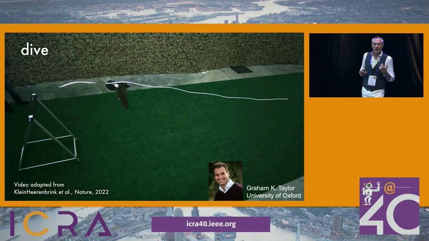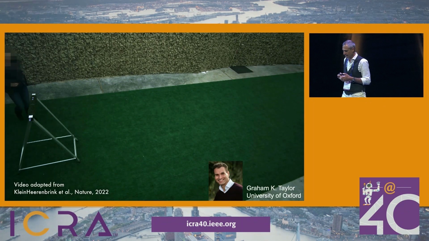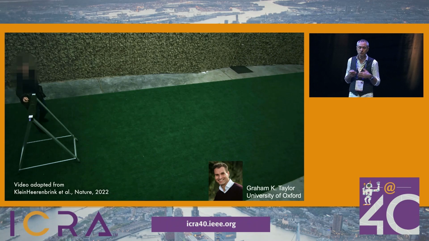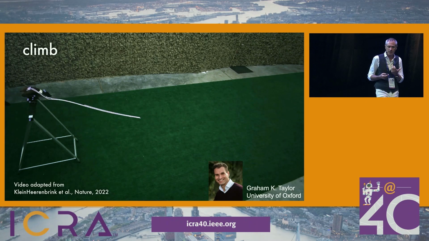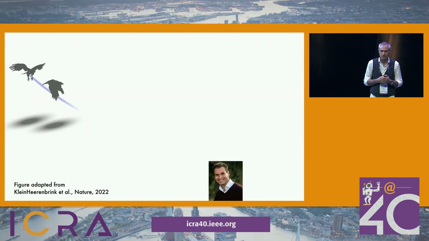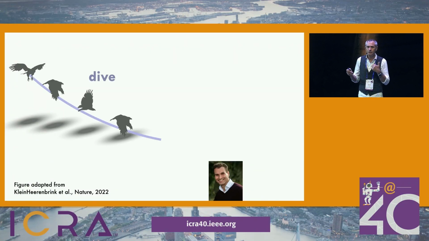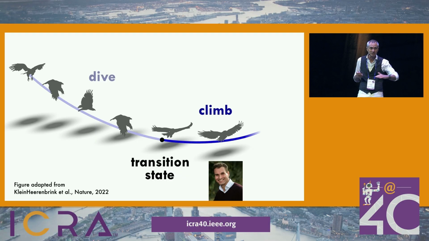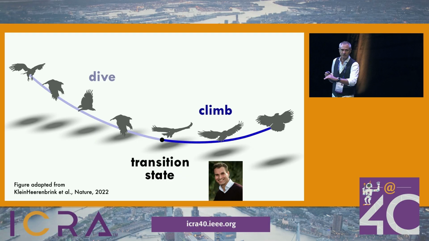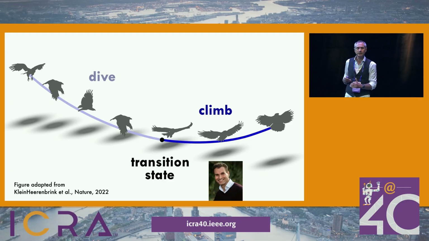Now, how can these drones become autonomous just like birds do? We should understand what are the type of optimization criteria that they use. And here, Graham Taylor, a professor at the University of Oxford, has studied different hypotheses about how actually birds do the perch maneuver, where they rapidly decelerate after a diving phase, and they climb up and they dissipate almost entirely all the kinetic energy until they perch.